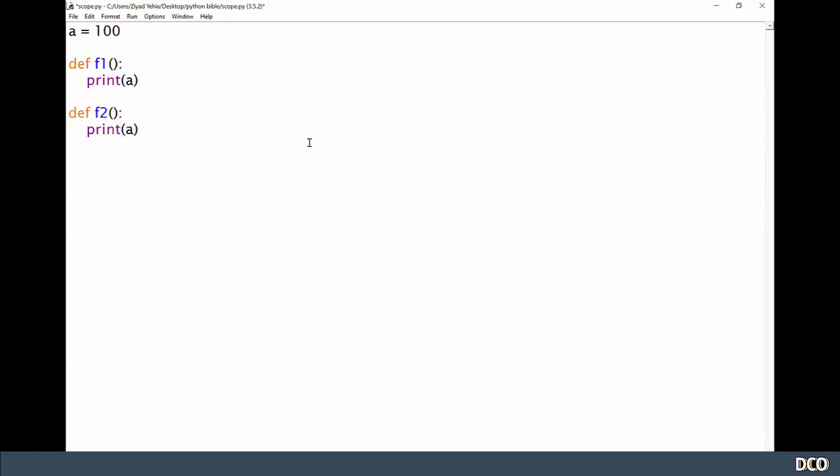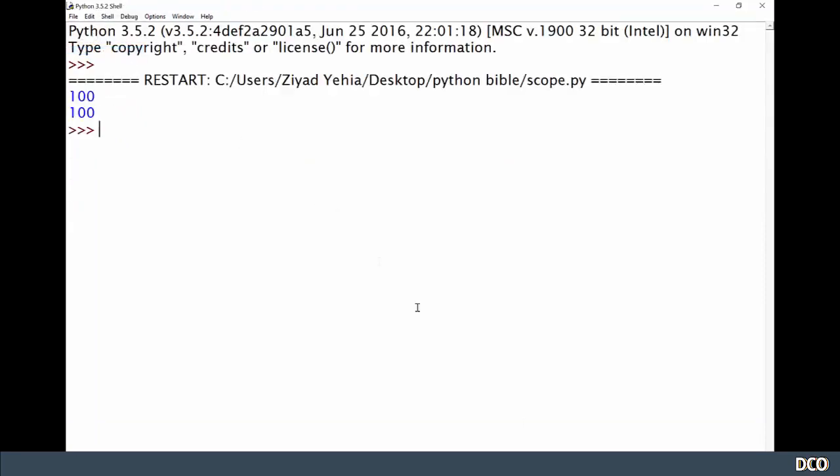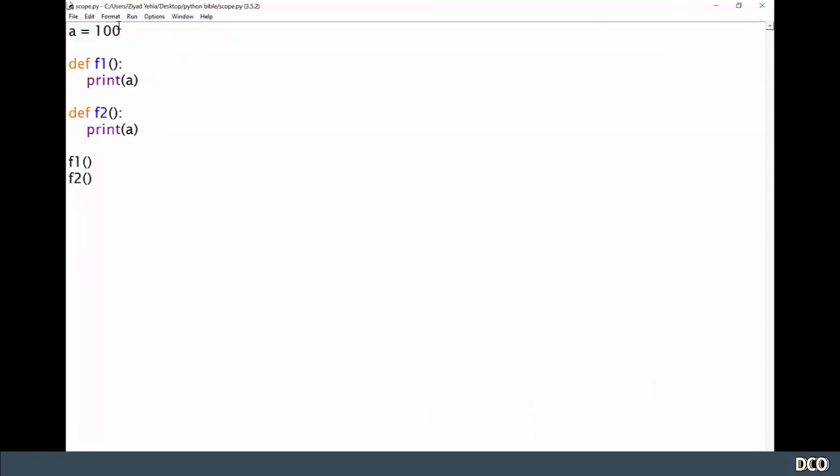a. Now when I run both of these, so I'm going to call f1 and f2, this is going to call f1 and then f2, and when I run it, we're going to see that 100 gets printed out twice. Awesome. Now, why does this happen? The reason is that a has global scope and was therefore visible inside both of these functions. By that I mean global variables are visible everywhere inside your program, and therefore these functions could see